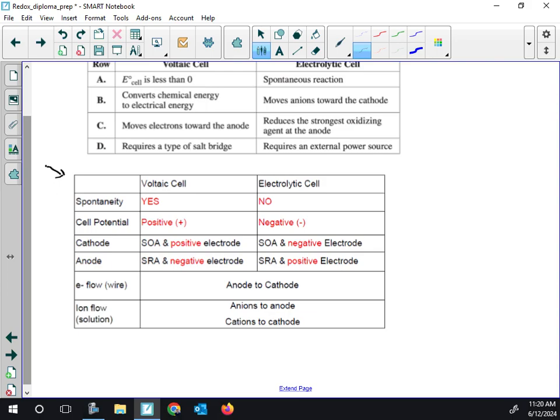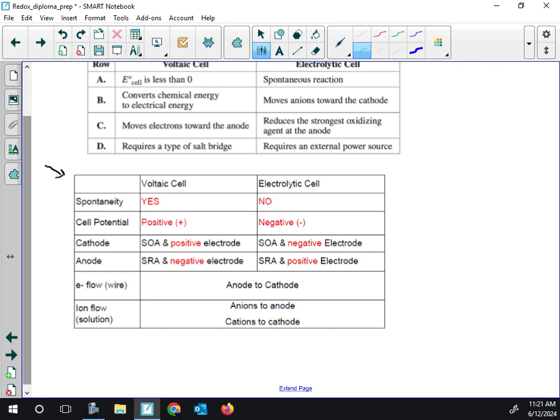It's always the OA at the cathode, so I leave that in black, but the polarity of the electrode switches. So cathode is always the OA, the anode is always the RA. Now at the bottom, nothing changes, it's all black. The electron flow is always anode to cathode, and the ion flow, which is in solution, make sure you don't